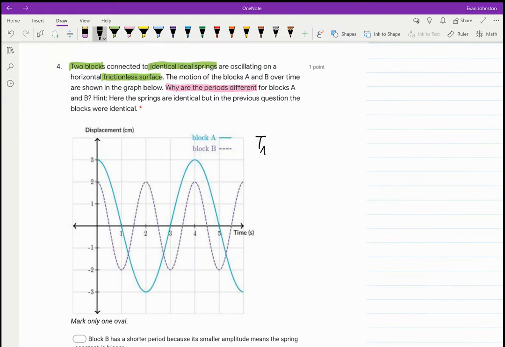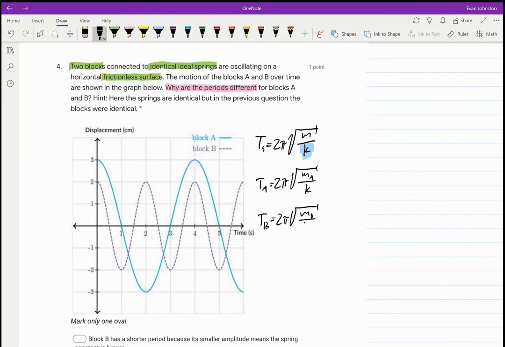So actually, it's asking us the same question, but the only thing that changed is what's the same and what's different. So the period for a spring is still 2 pi square root of m over k. But now the springs are identical. So that means the k part here is constant. K is constant for both, so it's the same k. So rewriting these, we still have the period for A is equal to 2 pi, now the masses are different though, so m A over k, and then for the period of mass B, we have 2 pi